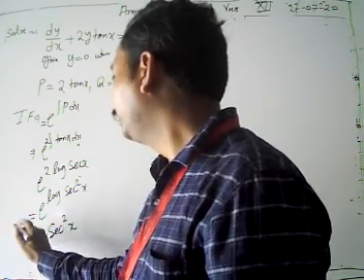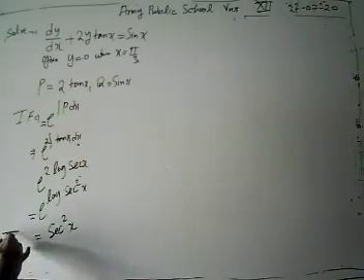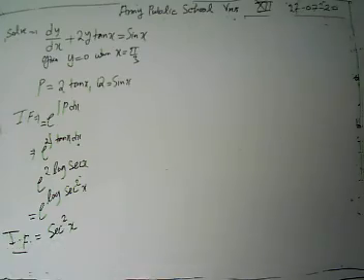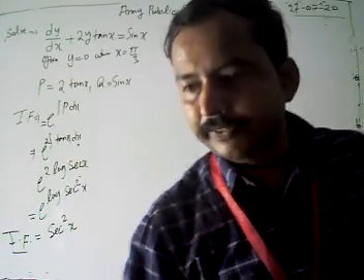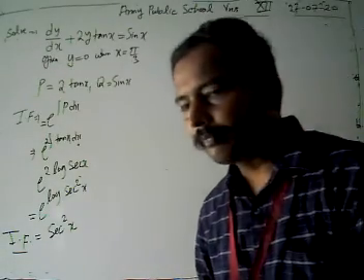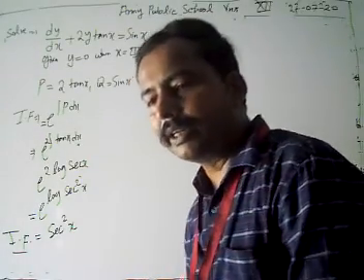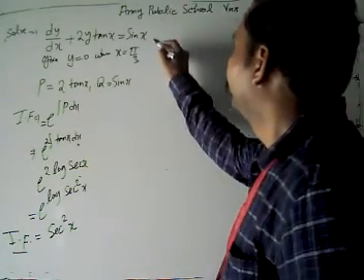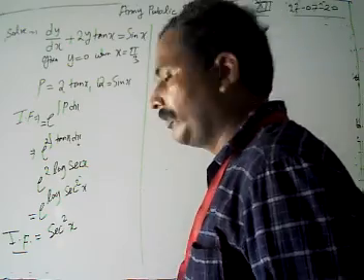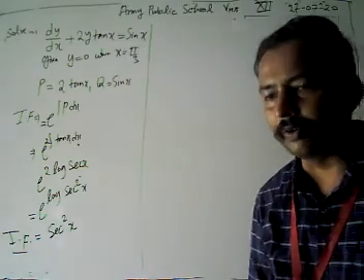So our integrating factor is sec square x. Now we get our integrating factor. What is our integrating factor? Our IF is sec square x. Then, the last step, our third step, is that we have to find its solution.